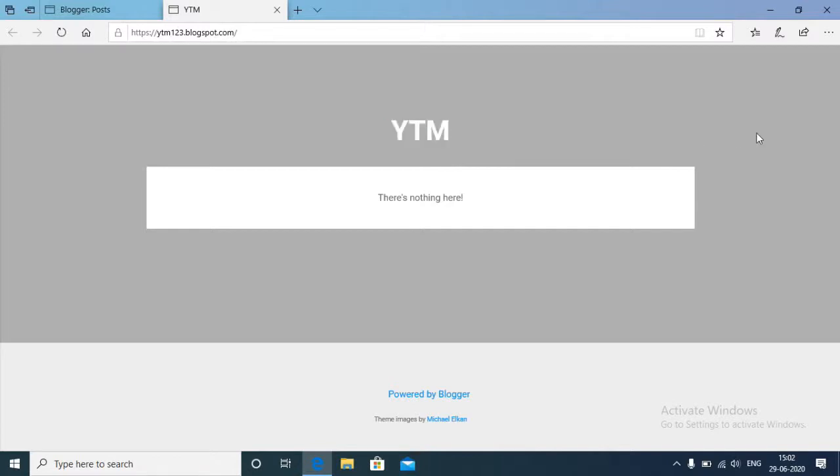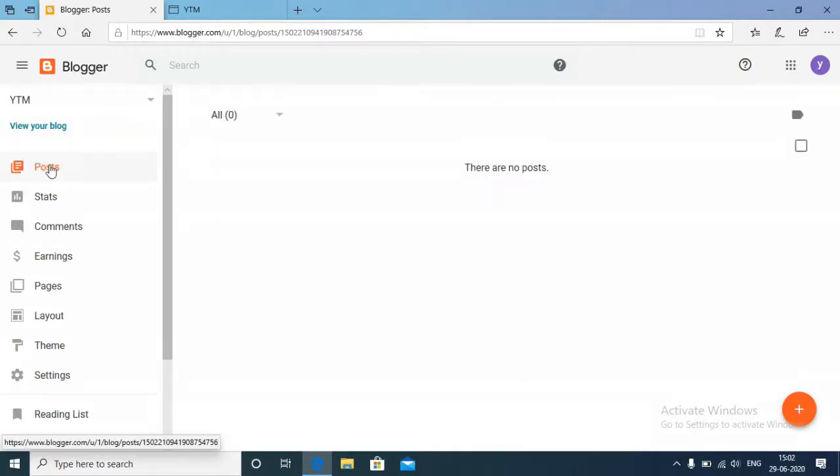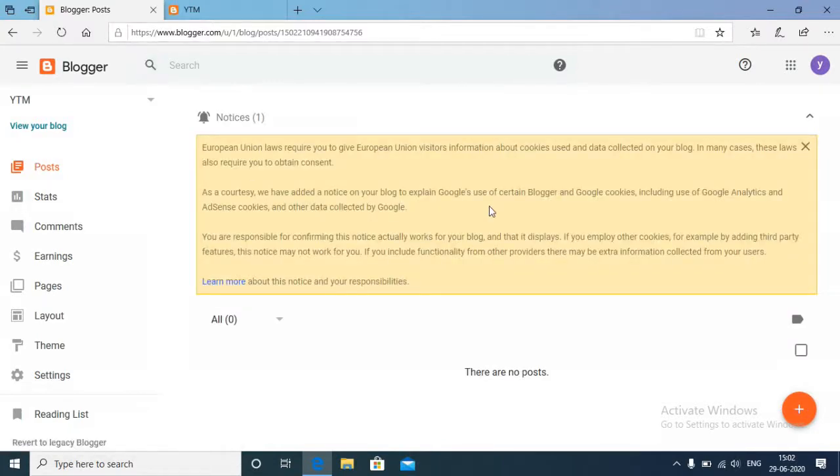Okay, if you want to post anything in the blog, just click here, posts. And you can click here, create a new post. And there are so many options here.